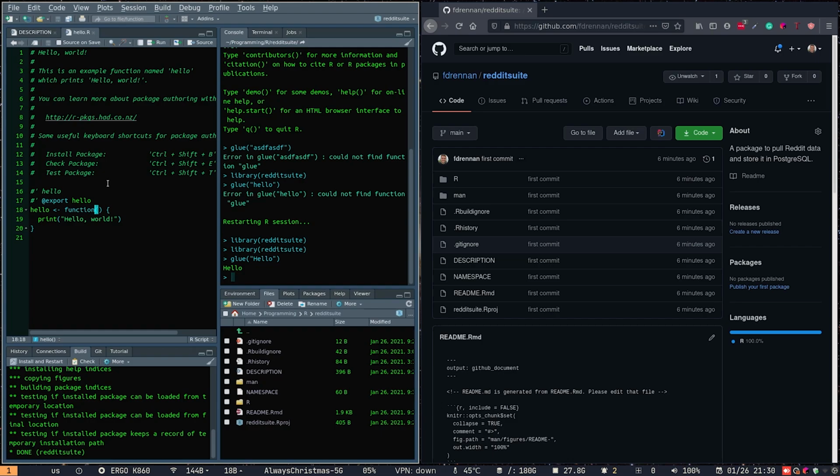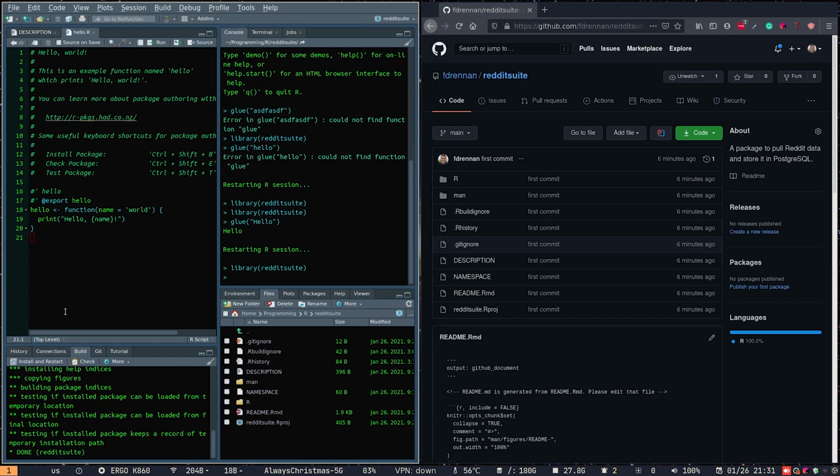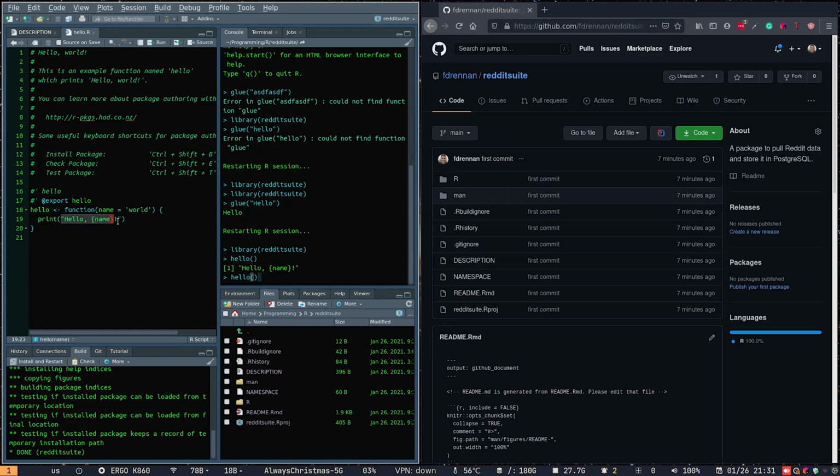so let's update this function. We're going to create a parameter, and we're just going to call it name. Here we're going to call it world. And all we're going to do is, inside of curly brackets here, put name. Okay, we're going to install and restart. We also need to put this in glue, use the glue function. All right, so now if we install and restart here,